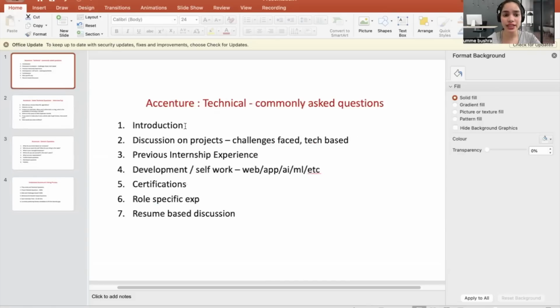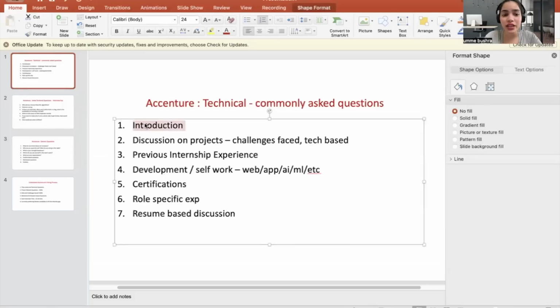So firstly, let's look at the first question. They're going to ask you for the introduction, right? No matter which interview you are sitting in, the first question that is going to be asked is to introduce yourself. So how do you introduce yourself? Say you are trying to get hired as a software engineer. Which means that your introduction should revolve around your experience or your growth or your skill set in that field. Firstly, you start with your name. What is your name, right?